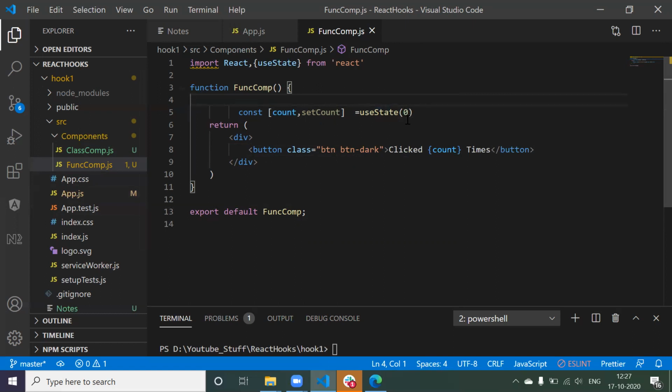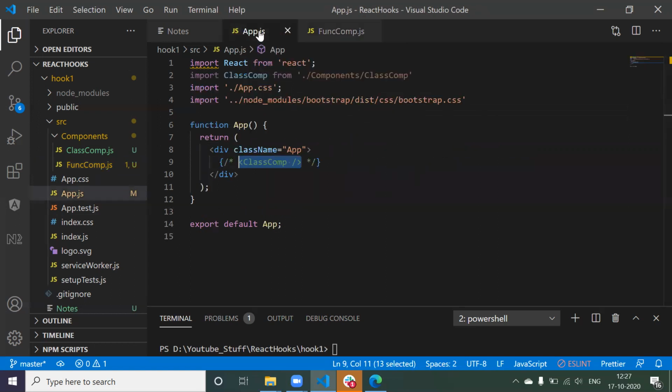Now this parameter is going to take a single value, or else we can give one object or array, we can give anything. So we will be seeing in the further examples. So as of now, you have to remember here we have to give the initial state of your state. So though initially the count should be 0, so I'm going to say 0, right?